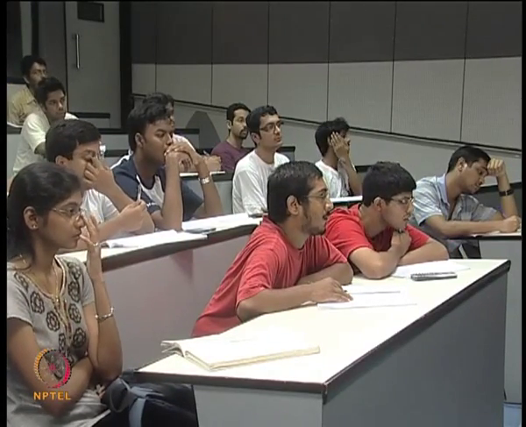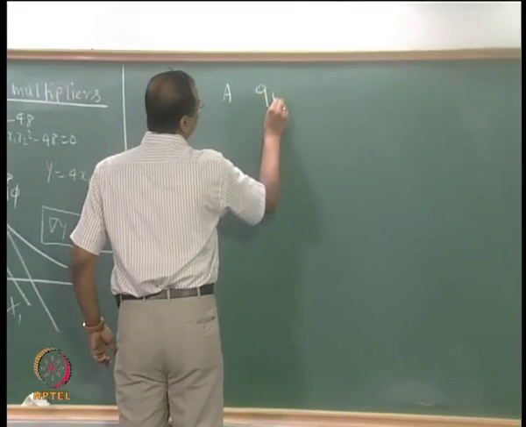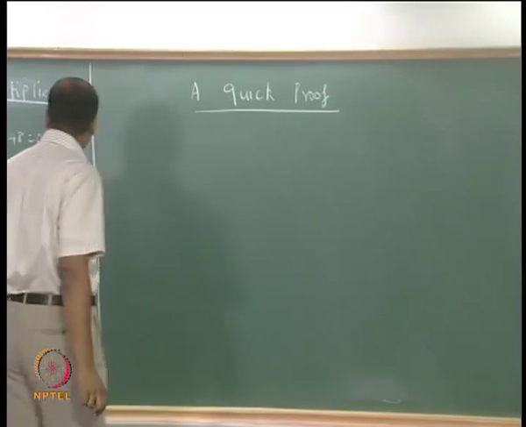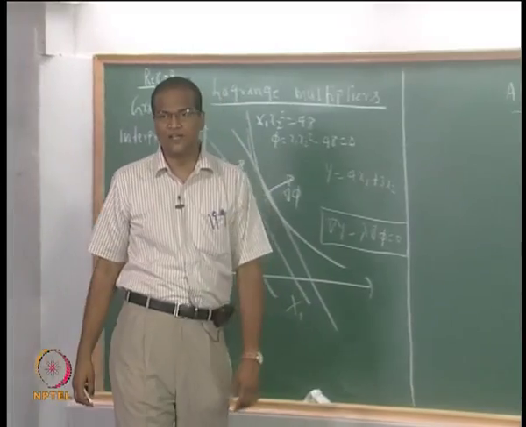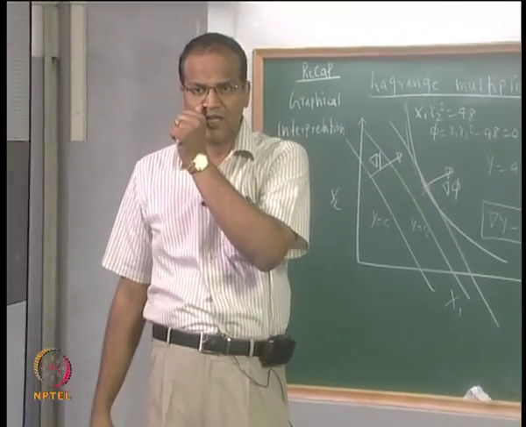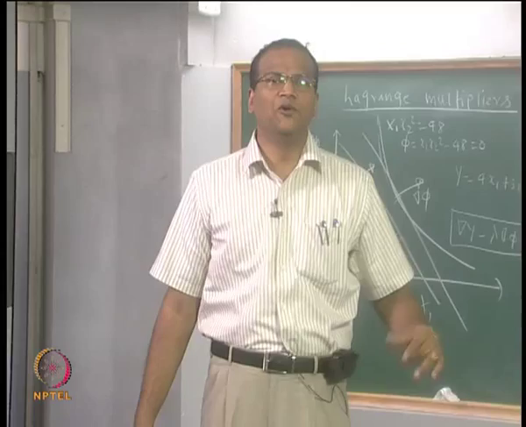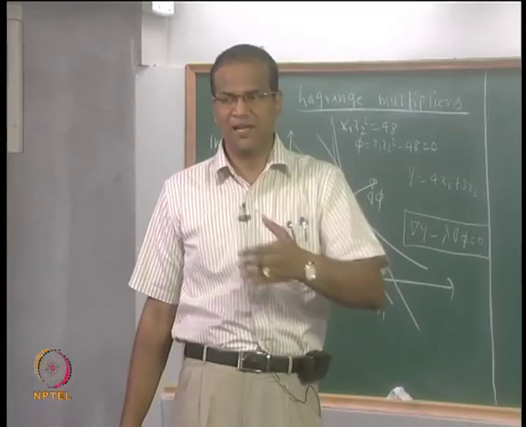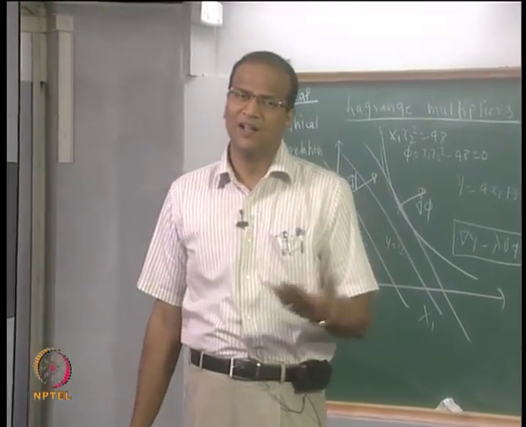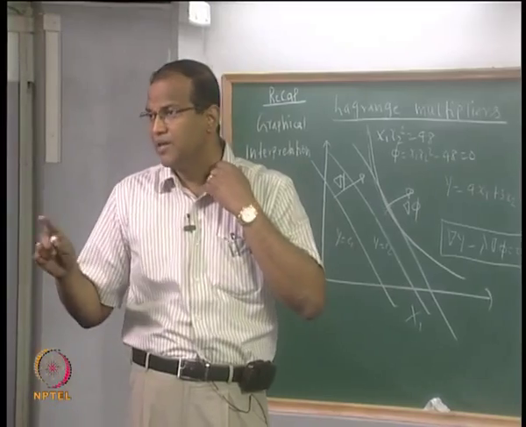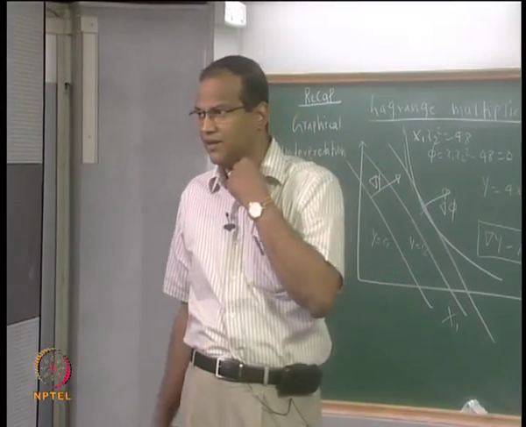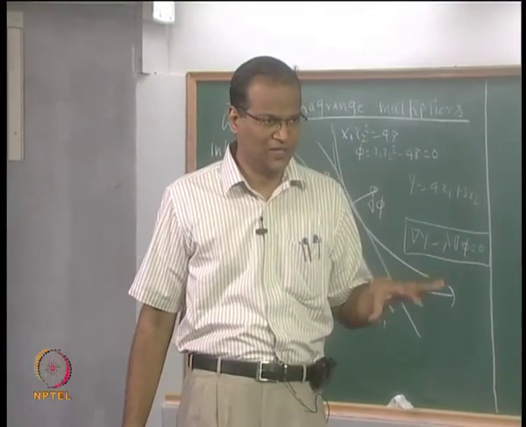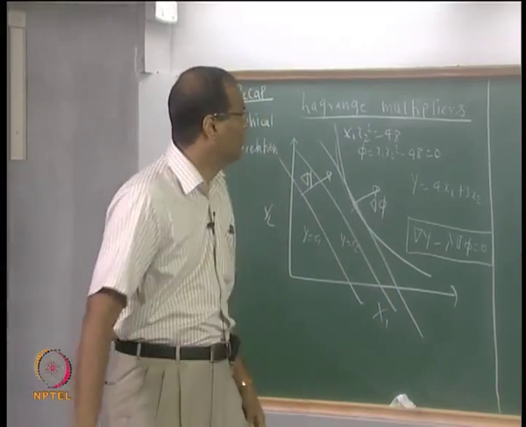Now a quick proof. The important point to remember is that del y and del phi, the two vectors, are collinear. The introduction of lambda is a mathematical necessity because the magnitudes of del y and del phi need not be the same. Some books will say del y plus lambda del phi equal to 0, some will say del y minus lambda del phi; after all lambda is only a scalar. Please remember that finally the point must be on the constraint. Therefore del y minus lambda del phi alone is not sufficient to solve the equations; it must be used in conjunction with phi equal to 0. Right, a quick proof.